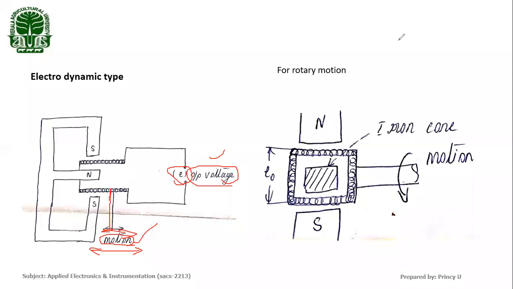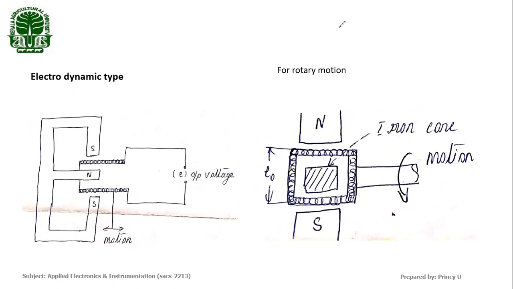Okay. So here a permanent magnet is used, and a hollow cylinder. The cylinder is a non-magnetic material and a coil is wound on it. And this cylindrical arrangement is attached to the motion to be measured. When there is a motion, the same effect is produced in the cylinder. So the cylinder moves in the magnetic field and cuts it, and that rate of change of flux induces an EMF E as the output voltage. So this output voltage is proportional to our motion.